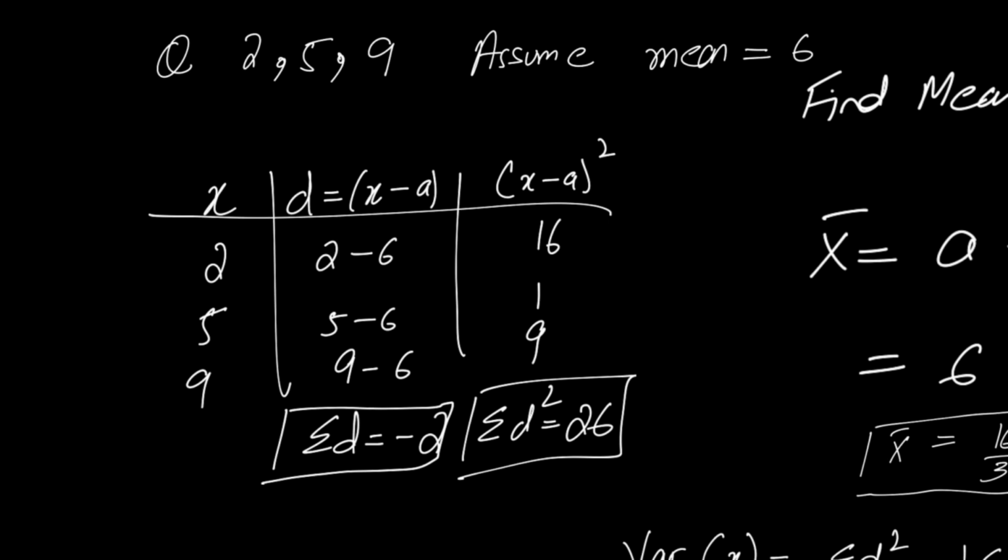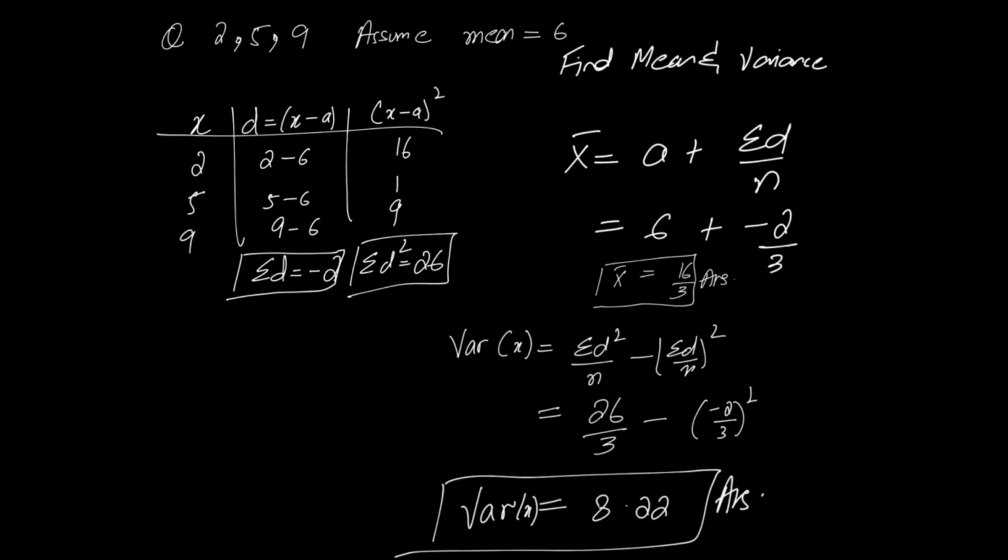Okay, so in this case, we're given the question. We have the data 2, 5, and 9. We assume that the mean is 6. Okay, so we have the data 2, 5, 9 written like this. We find the deviation. X is these values, and a is the assumed mean. So deviation is basically x minus a. So a is the assumed mean, 2 minus 6 will give us minus 4. 5 minus 6 will give us minus 1, 9 minus 6 will give us 3, and this gives us a